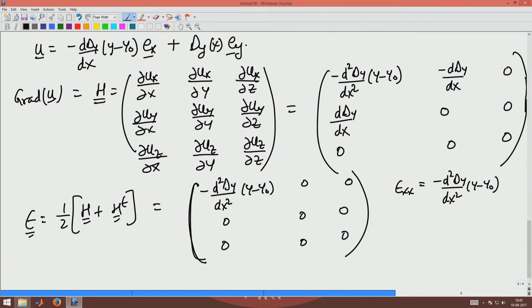In effect, what you are saying is there is no Poisson's effect in this problem. That is, if you consider Poisson's effect, when there is an axial strain there will be a lateral contraction happening in the other two directions, which we are ignoring as a first approximation for the problem. Basically, we had only the axial strain, and we ignore the lateral contraction that will happen when there is an axial strain.